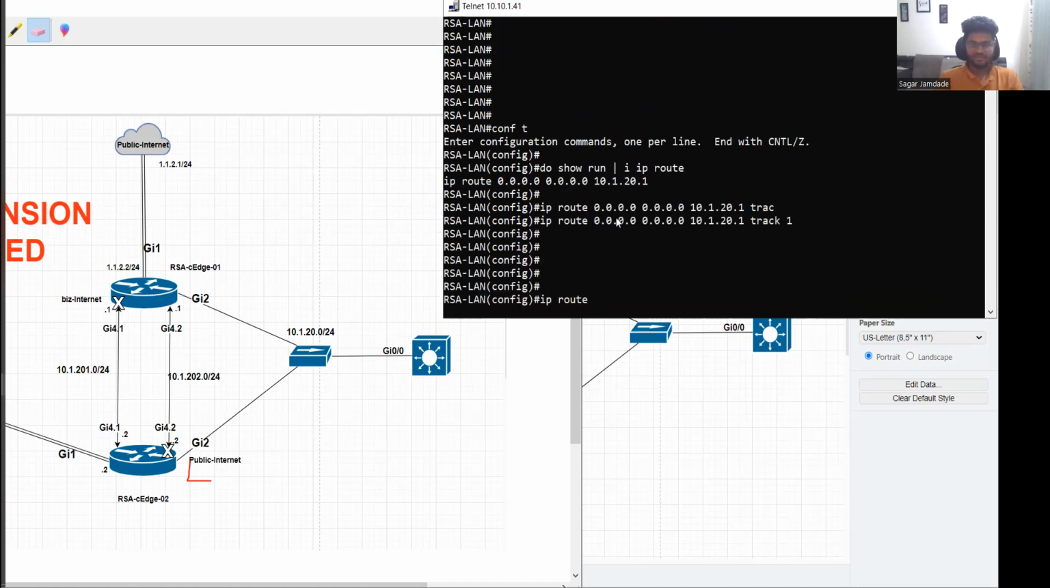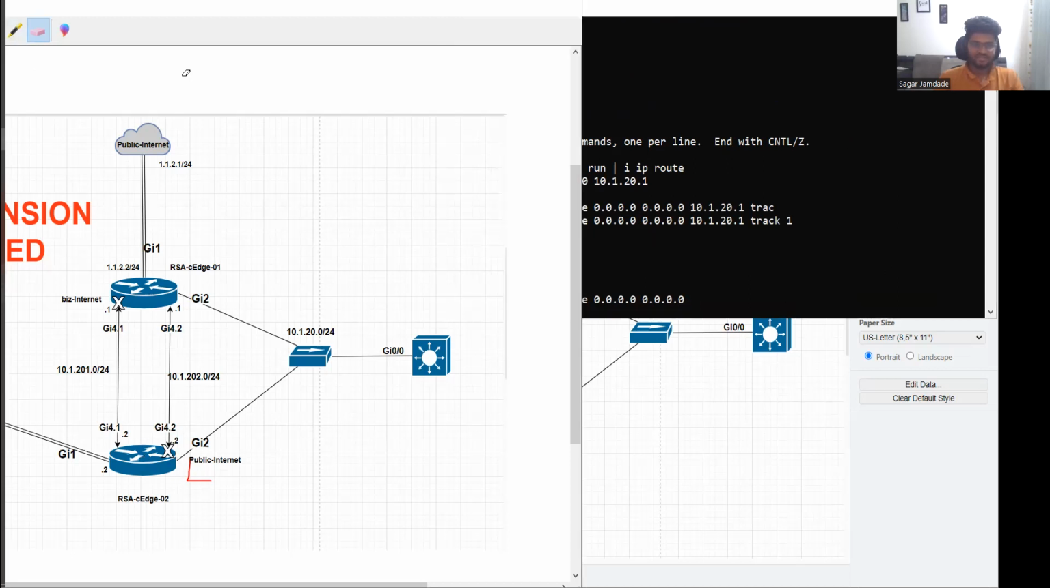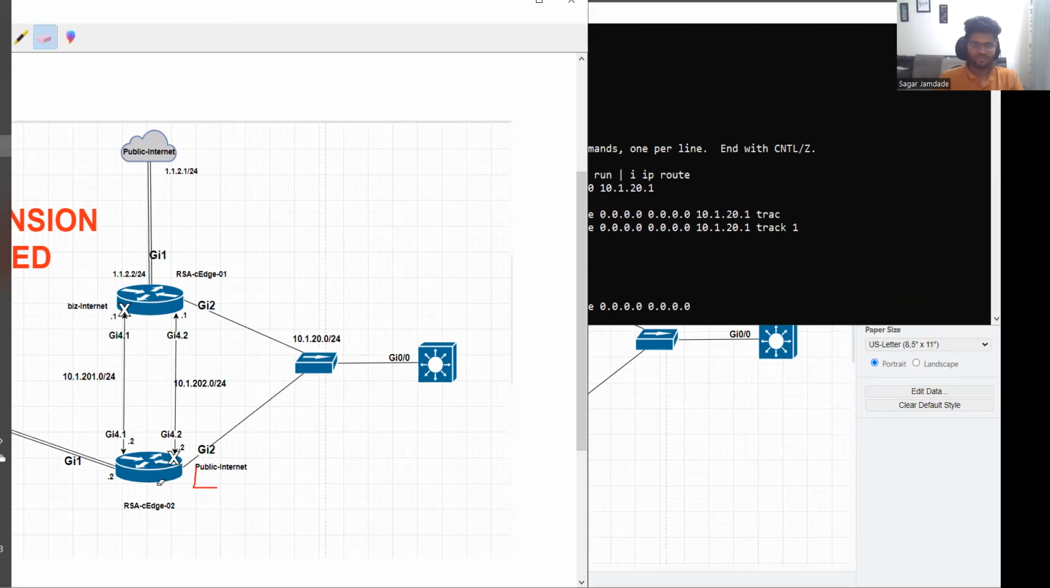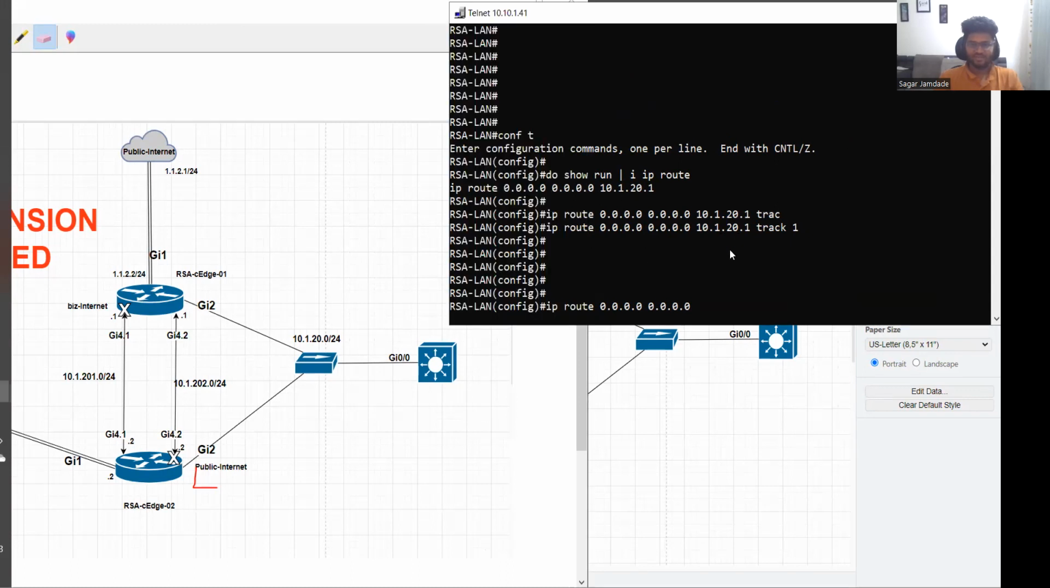So IP route 0.0.0.0 0.0.0.0, and it should forward the traffic to where? It should forward the traffic to this interface, right? That is what we have discussed, right? It should forward the traffic to the router, to the interface. So what is the IP of that interface? It is 10.1.20.3, and I'll give the